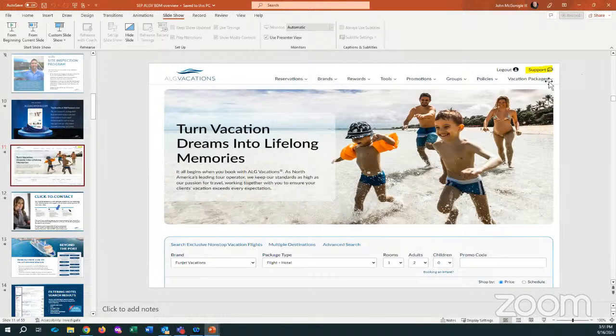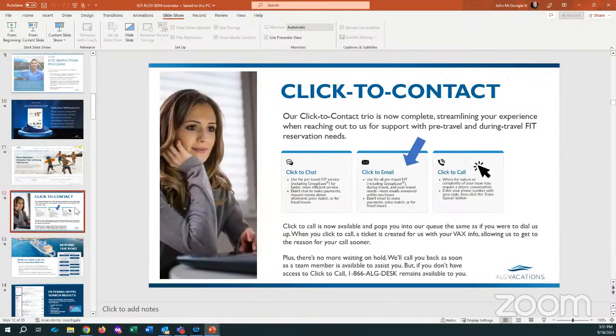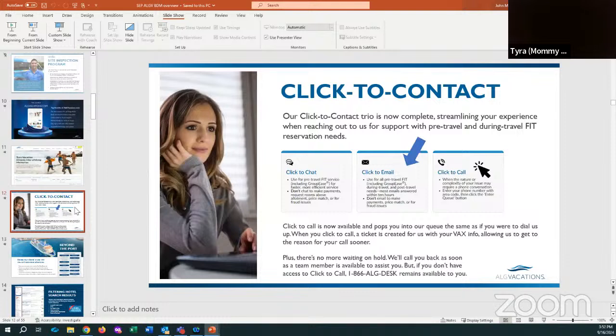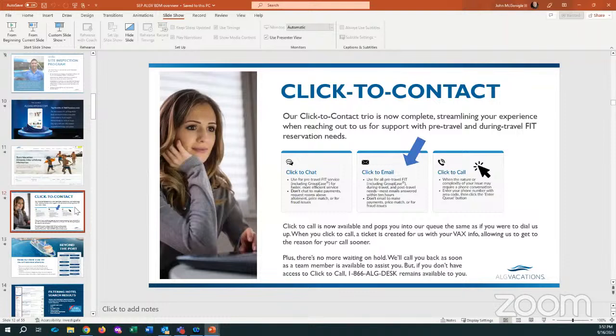Up in the corner, hopefully you're seeing the yellow highlighted support feature. That will get you to our click to contact. All good? Yes. Okay. Not that we don't want you to call us, but we do find there can be a language barrier. You're waiting on hold, however many persons are in line.